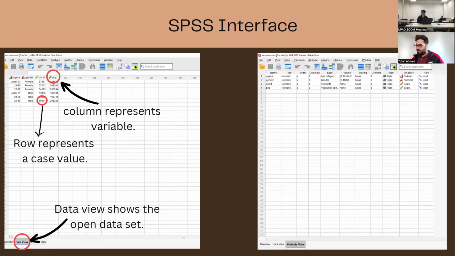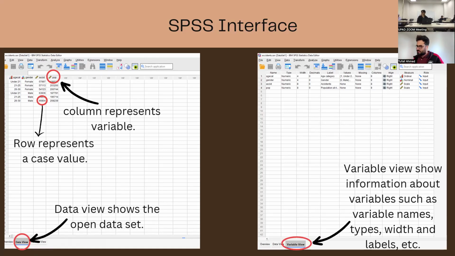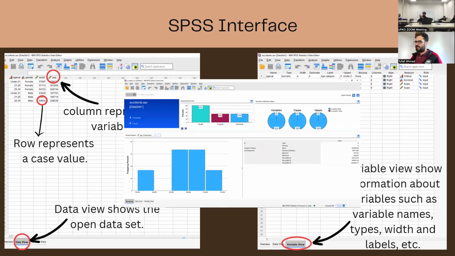And this one is your variable view. What we do here is we insert our variables. Let's say the age group, and then we ask the question and put the data in the data view on the left side. So we can put information about the variable: what was the name of the variable, how can we label it, and what was the scale. As we talked about before, the type of data, so we will mention it here. We always have to try to write the right name of the variable, because it is very important for the later analysis.